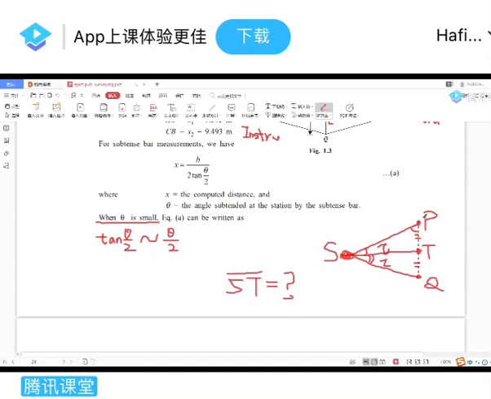But since this substance bar is 1 meter long, and if you put a bar in between, the length PT will be 0.5 meters, because the whole bar is 1 meter. Then everything becomes quite easy. Why? You can use the tangent. Because here, if you just look at ST, then your tangent,